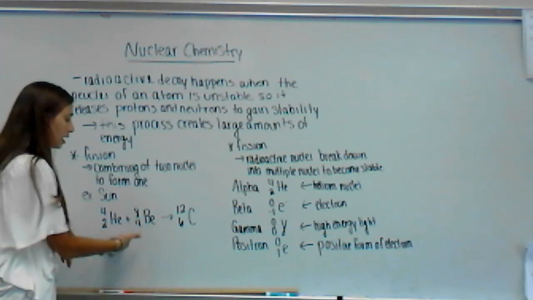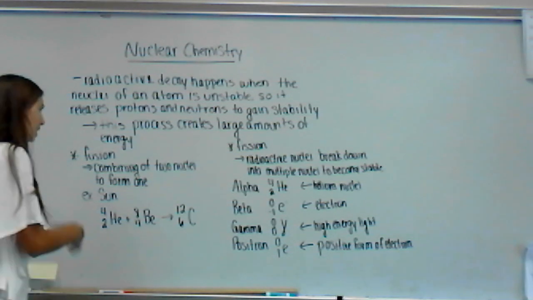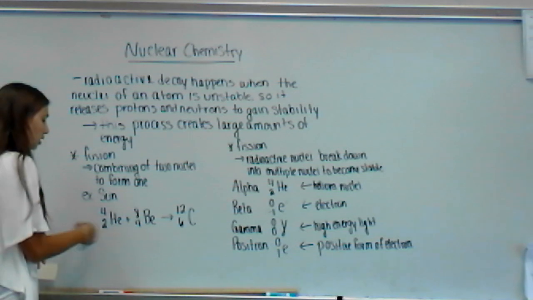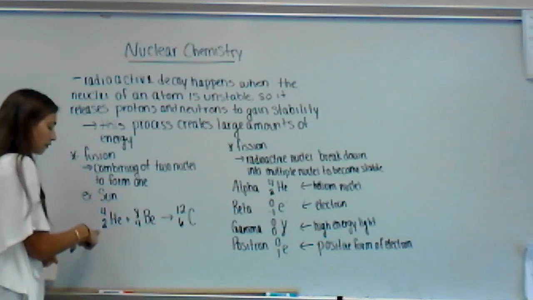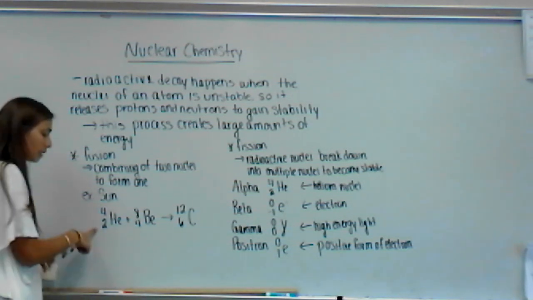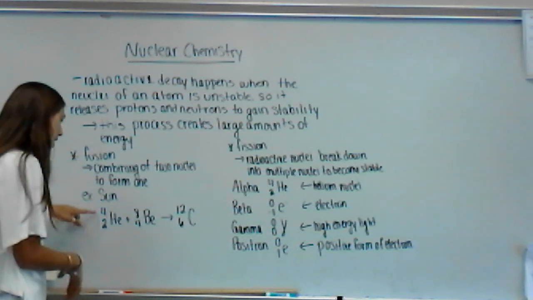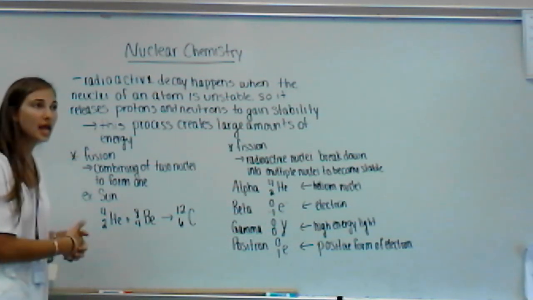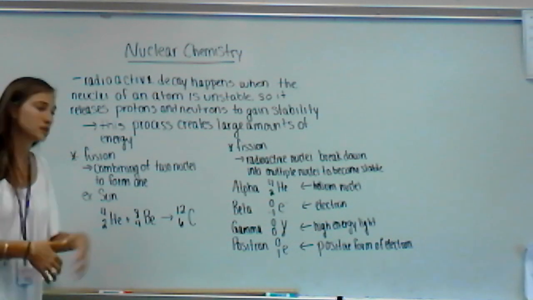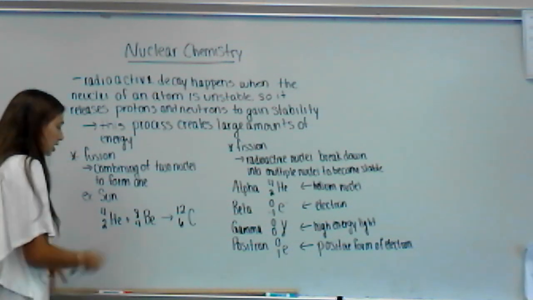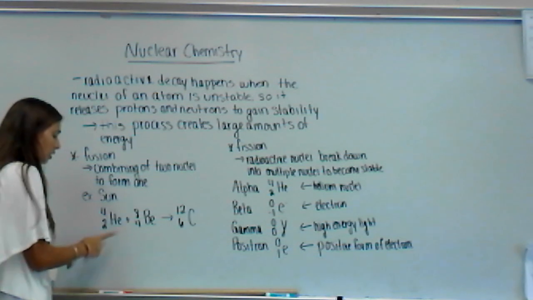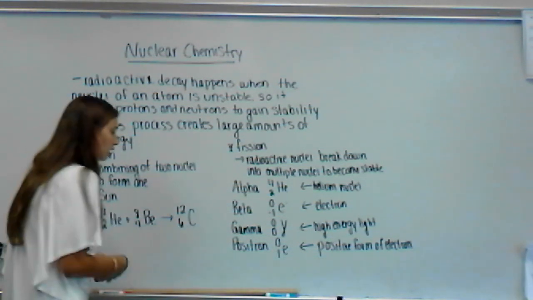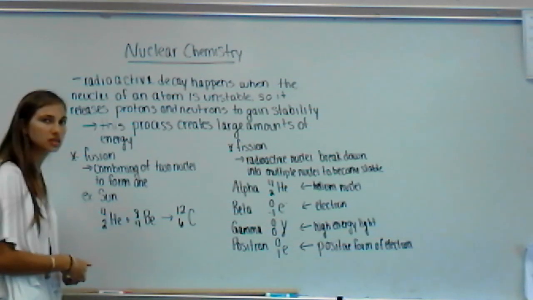Now, let's look at an example here. Instead of balancing out molecules, we're balancing out nuclei. We know that the bottom number over here is our atomic number, which is the number of protons, and the top number is our atomic mass for this particular isotope, and we know that our atomic mass is our protons plus our neutrons. So here we're going to be fusing together a helium and a beryllium, and we're going to be creating carbon. Now, how do you know it's this carbon?